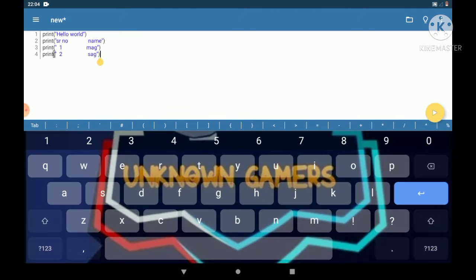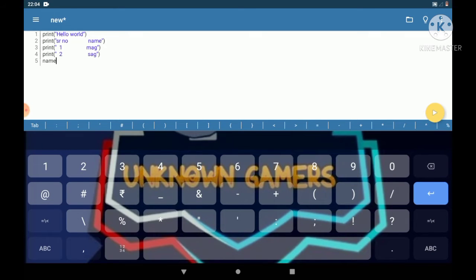One more thing about the print statement is that we can assign a value before writing print. For assigning, we have to use the equal sign.